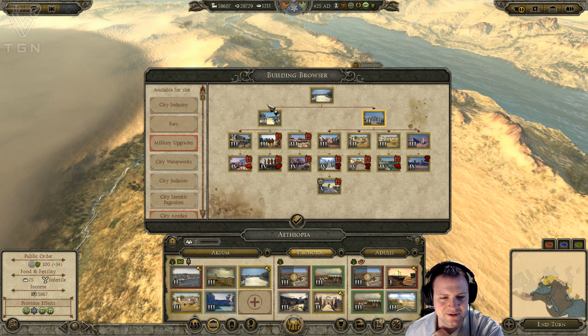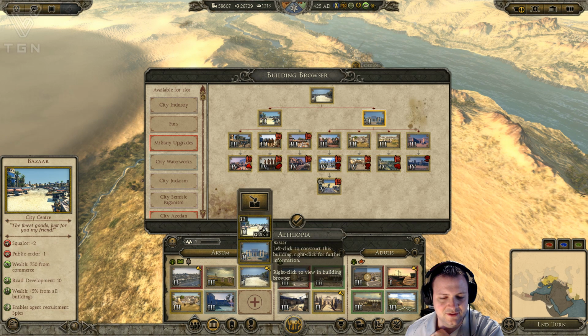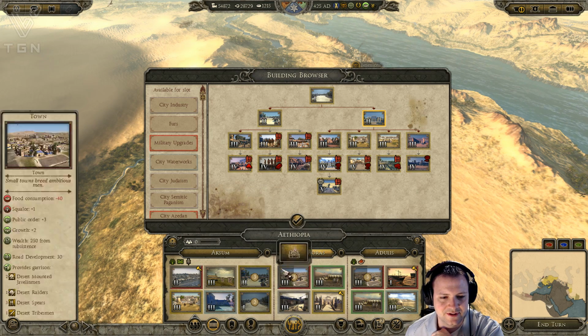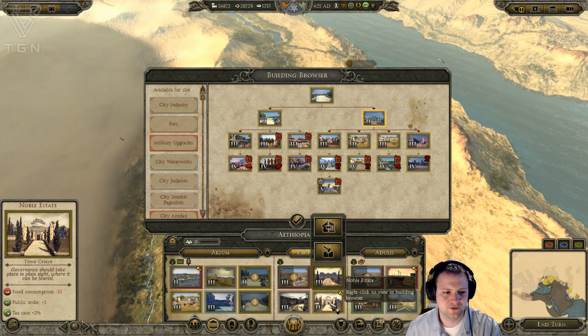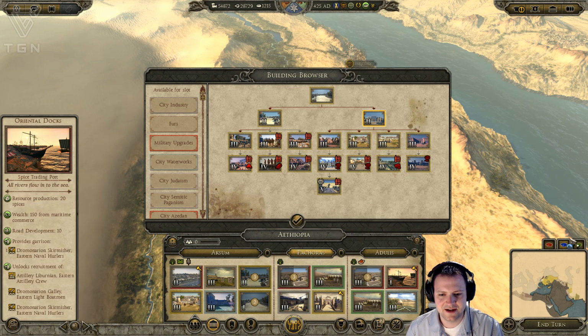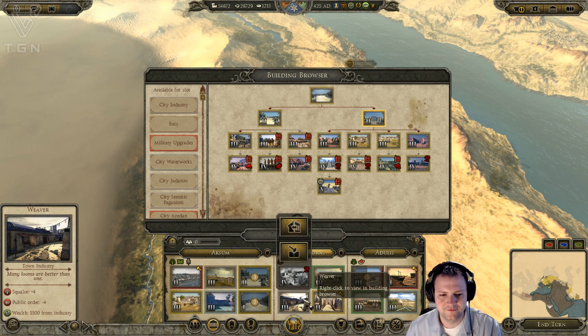Public order is extremely good. So I'm thinking let's do a bazaar and then move on to a food trader, and then maybe we can turn this one into a palace. It'd be pretty cool to have the palace. I don't think we need this building here,